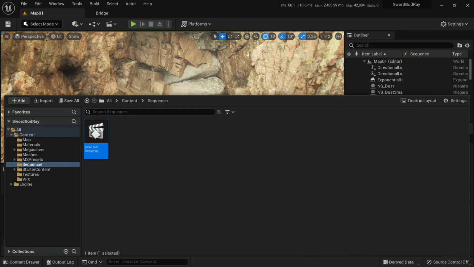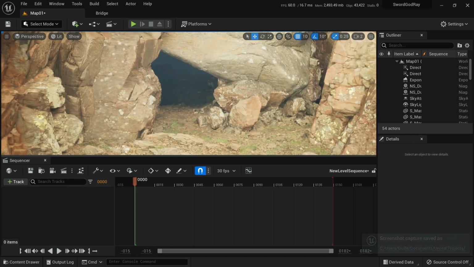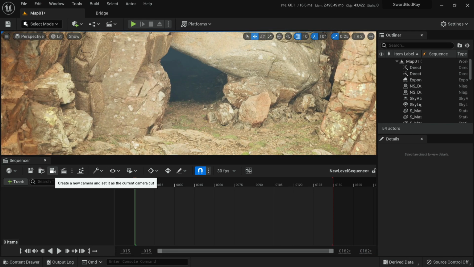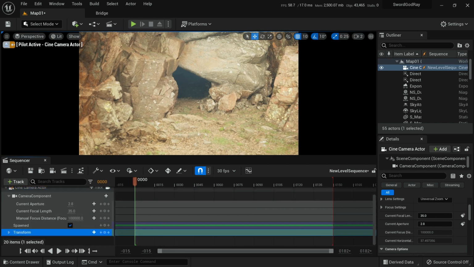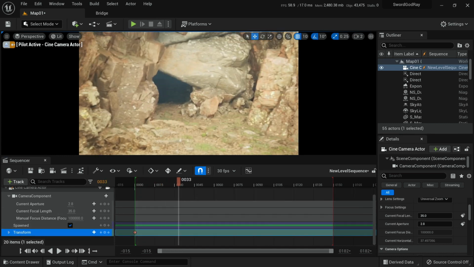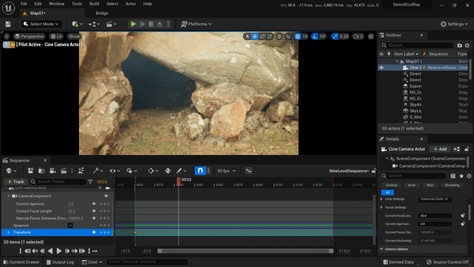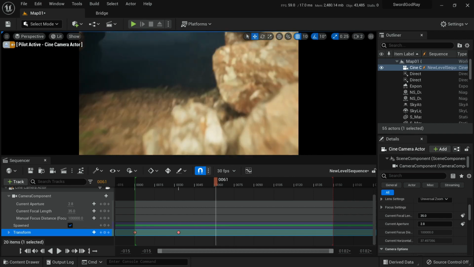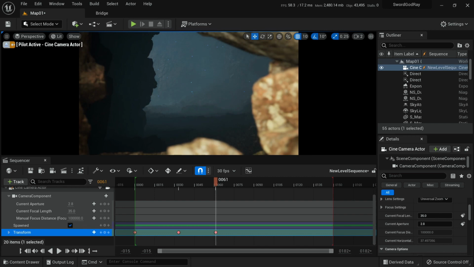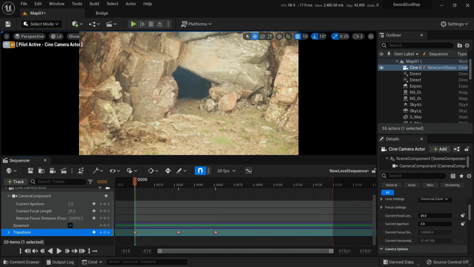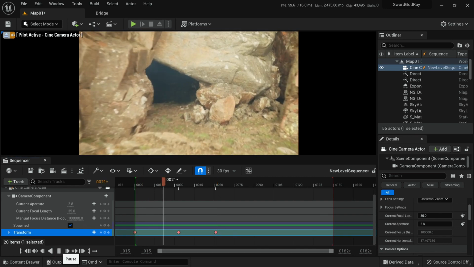Save. This is a really good starting point for our camera. Let's click on the create a new camera. And let's click on transform. So at point 0, we're going to press enter to create our first point. Then as we move through, let's say that this guy goes around here and he keeps moving. He gets towards this and starts looking in. We're just doing it on the fly right now. We're gonna modify it if it's